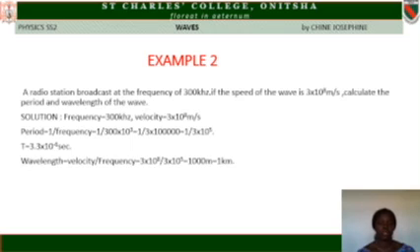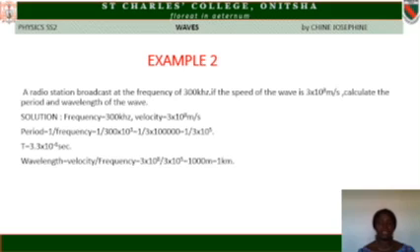Then we quote the formula. Recall the velocity of the wave, which is v equals f lambda, frequency multiplied by wavelength. So if you make wavelength the subject of the formula, we have velocity over frequency. Then when you substitute, we have 3 times 10 raised to power 8 divided by, remember